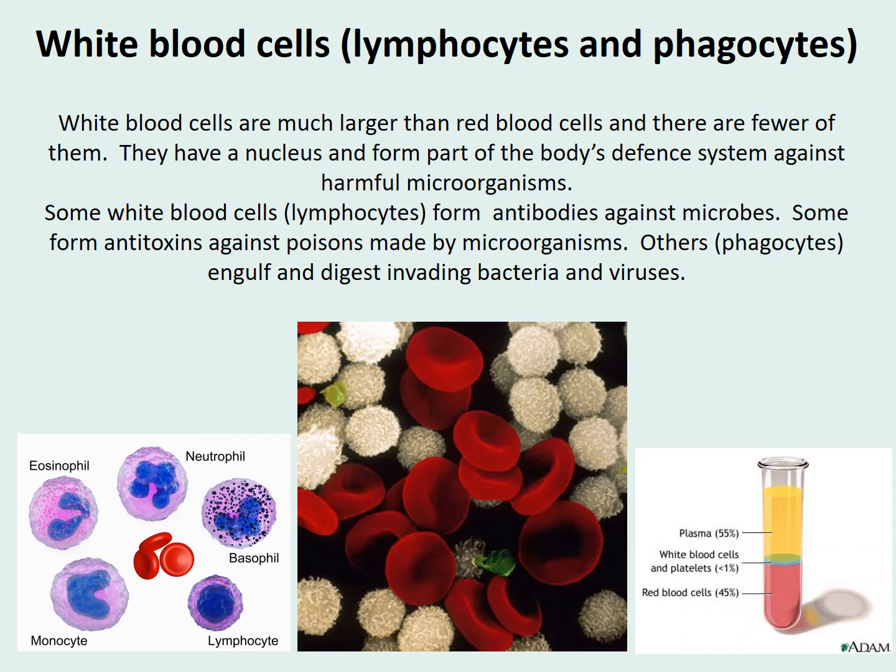Now, white blood cells are much larger than red blood cells, and there's fewer of them in the body. They're really important because they are the ones that are fighting diseases. So some of them go along and just basically eat the microorganisms. Other ones produce things called antibodies, which you might have heard of in the news a lot at the moment about antibody testing for COVID-19. That's because they produce these antibodies that stick to the microorganisms, stop them working,